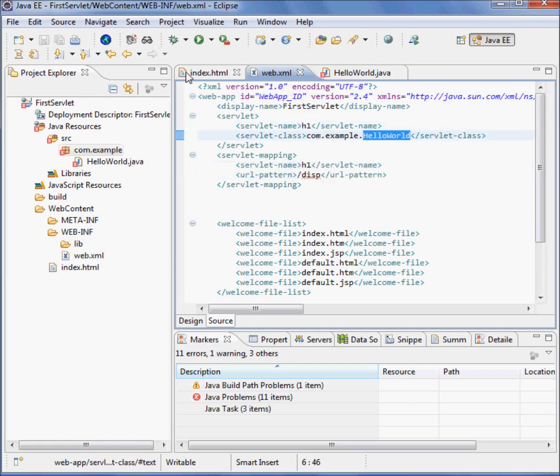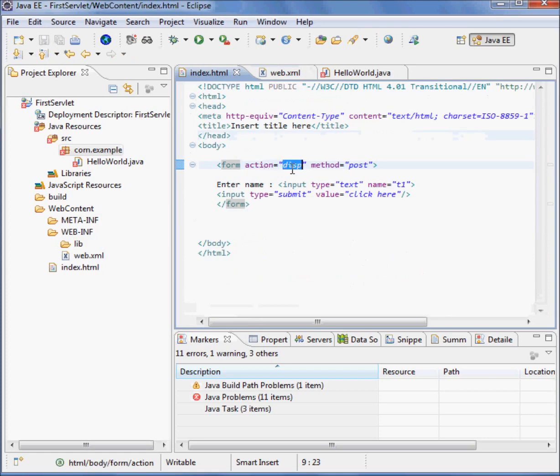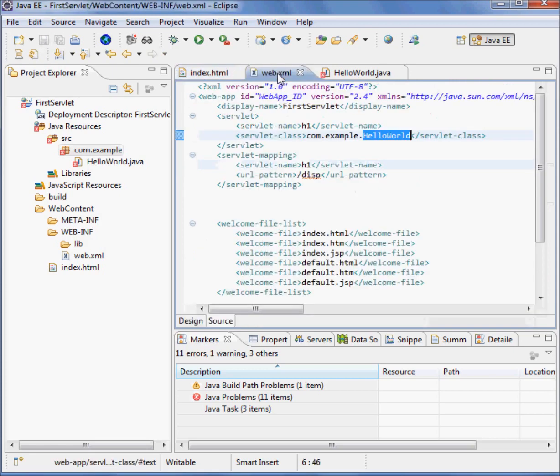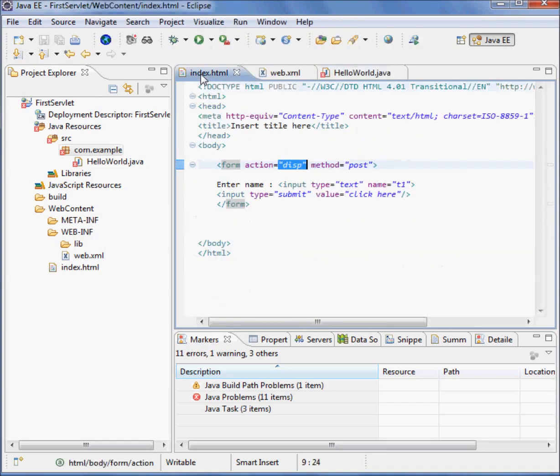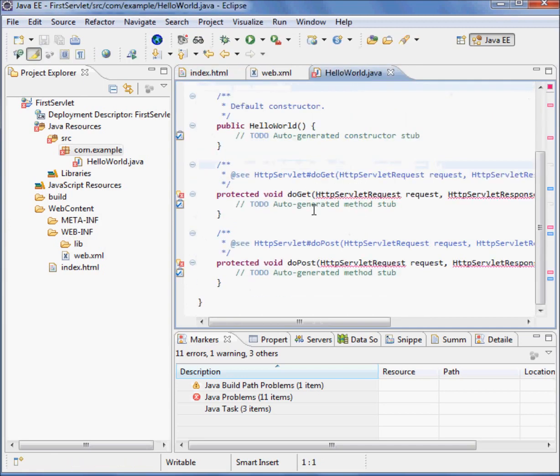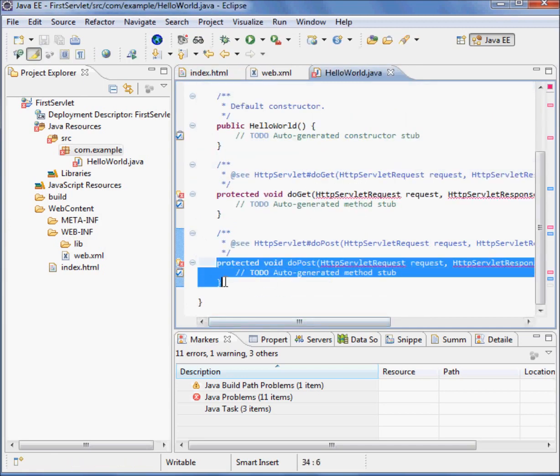So here index.html it is saying what action is what? Disp. So once I click, it will go to the disp here, and then it will look for the web.xml URL pattern. So web.xml, server will look this deployment descriptor file and look this URL pattern whether it is there or not. It is saying there is h1 servlet. Now h1 servlet is what? This is my servlet. So it will go to this servlet, right? Now here in this we have written method equal to post. So if we have written method post, it will call doPost method. This method will invoke here. Okay,